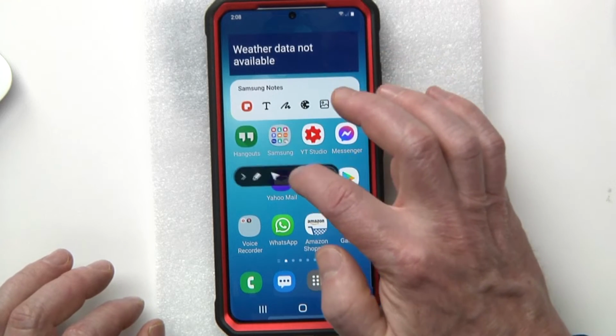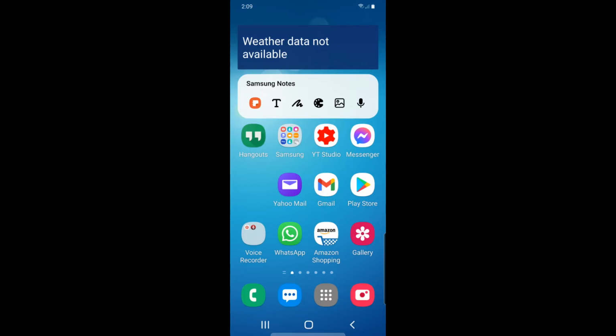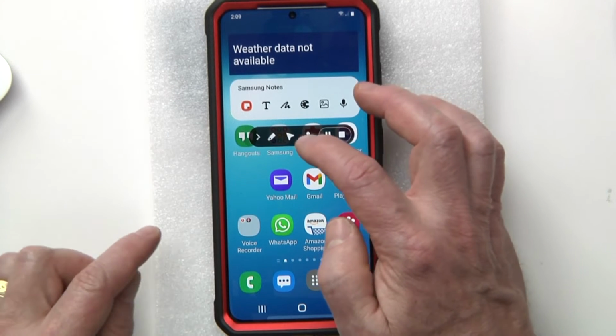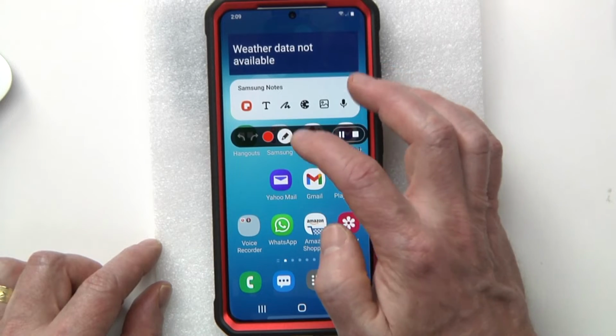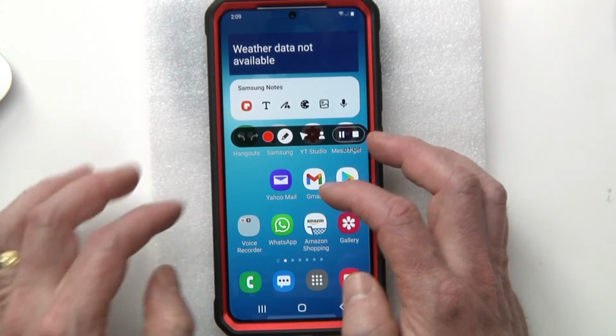And you'll notice that there's a little floater bar right here. When you are recording videos, you're not going to see that. Only you will see that. And it's kind of neat because you have a pin tool right here. So I'm going to click on that pin tool, and let's say you're talking about Yahoo Mail,